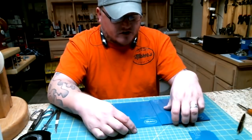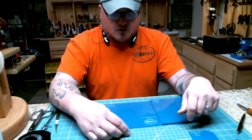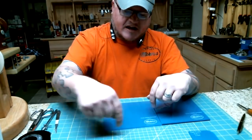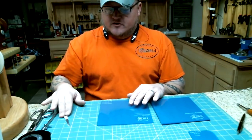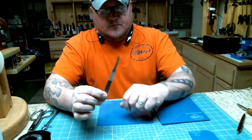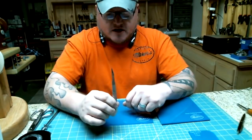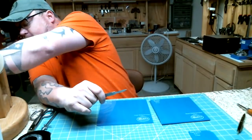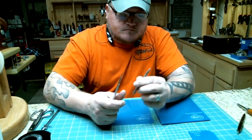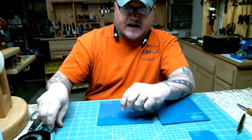I used to just, during our classes, give people poster board patterns of these, and poster board doesn't last very long because you can't just cut out on the poster board. So, another very important thing, you need a scalpel. This set was specifically made to use a scalpel and a small hole punch, which mine is over here. I'll show you how these are all used, but we're going to go ahead and cut out the pieces